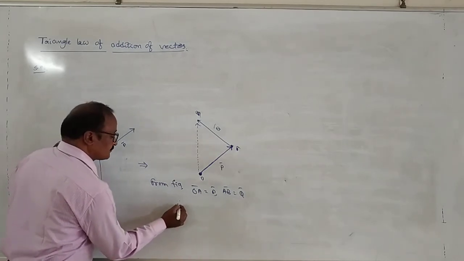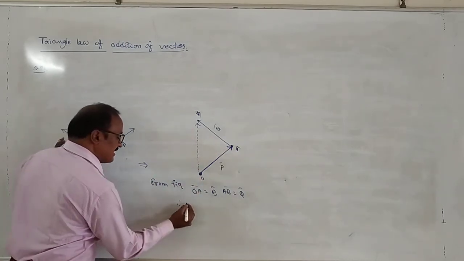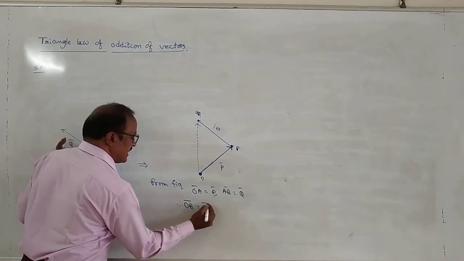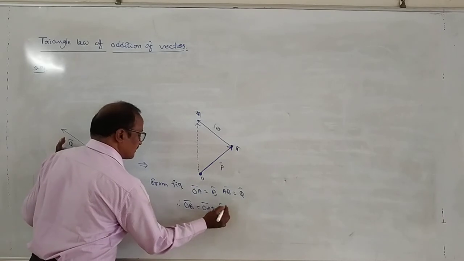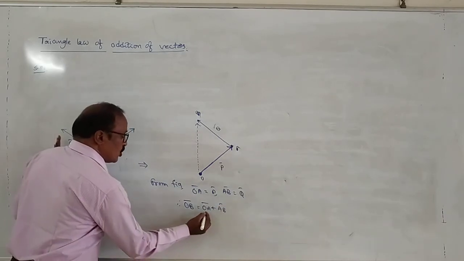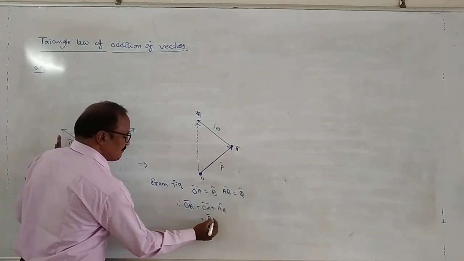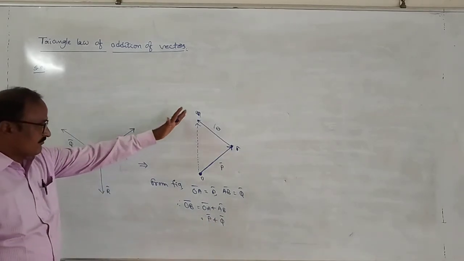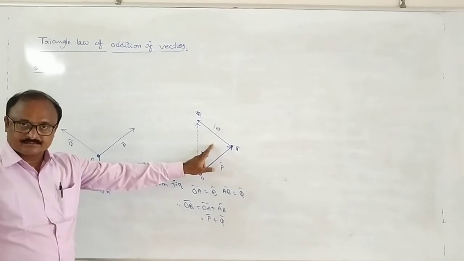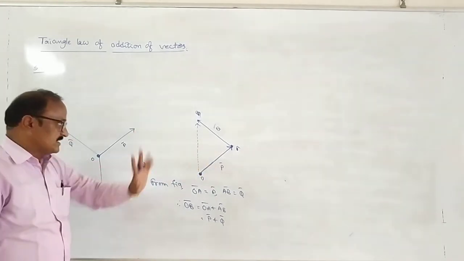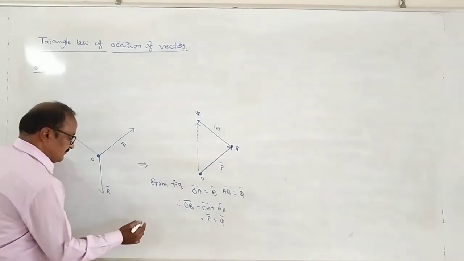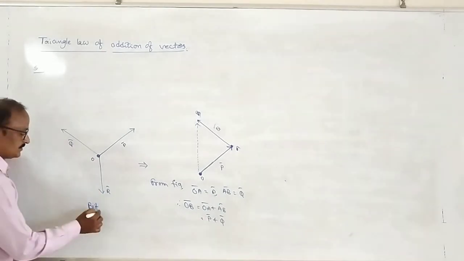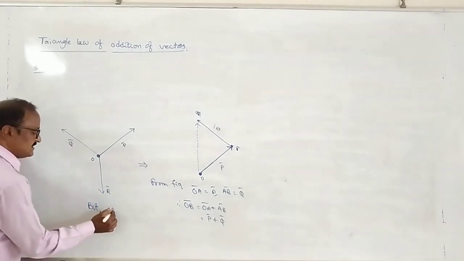Therefore, resultant OB bar is equal to OA bar plus AB bar, that is P bar plus Q bar. This is the value of OB bar from the diagram. But from the figure OB bar is equal to